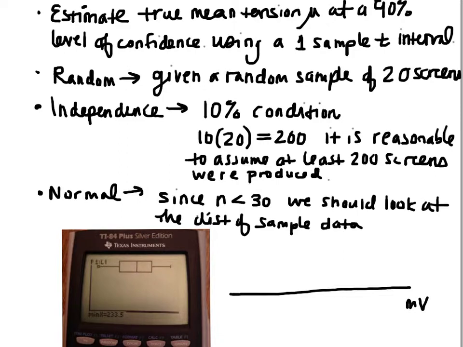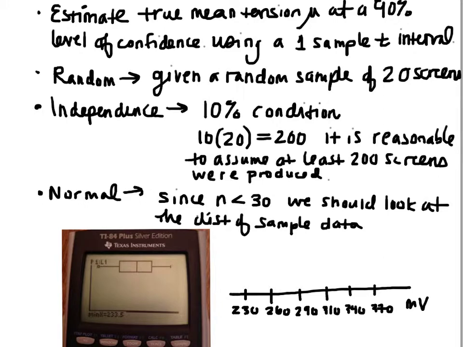My smallest value is 233.5, so I'll say 230 down here. My biggest value is 374, so I'll go by 30s, why don't we say? So 260, 290, 310, 340,